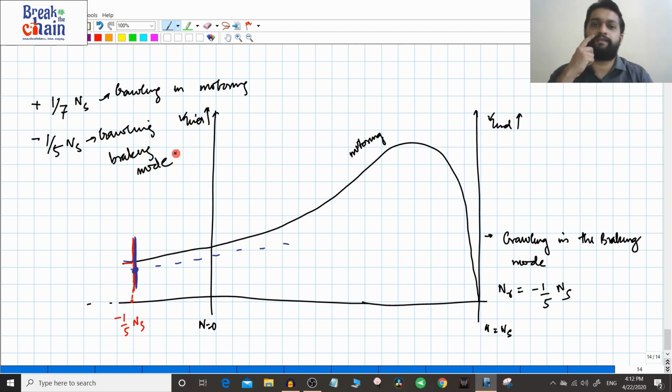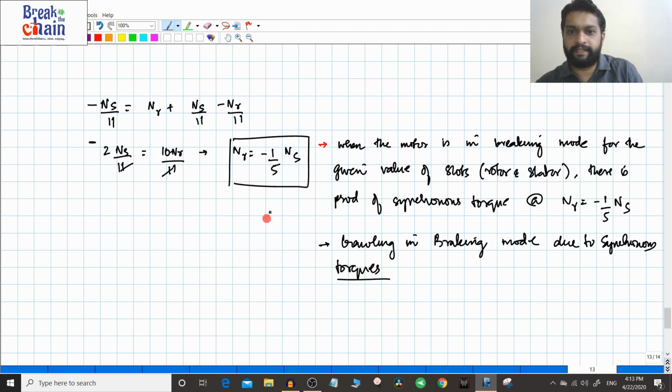Now in the next class we are going to take a special configuration where the number of slots are equal, that is S1 is equal to S2, and we will see there is an interesting phenomenon which is called cogging of the induction motor, which is very important. Crawling and cogging are usually very standard interview questions. So it is important that you understand the concepts of harmonics, how these harmonic poles are rotating and how you are deriving the speed values, whatever I have explained here.